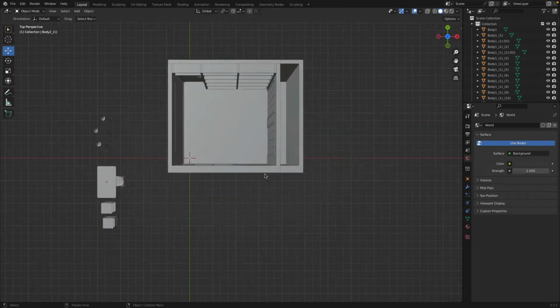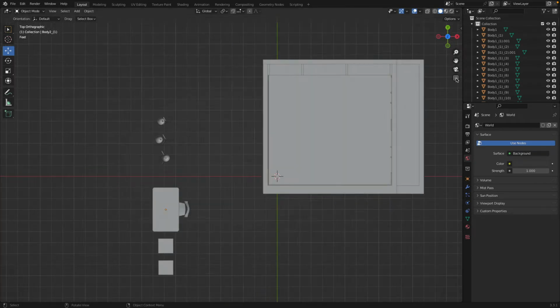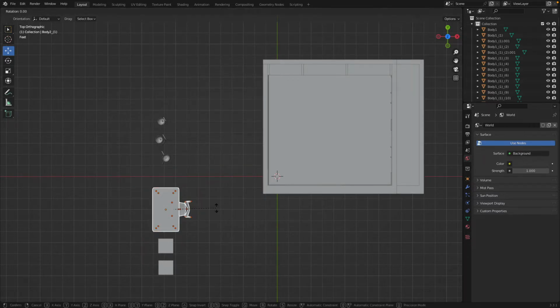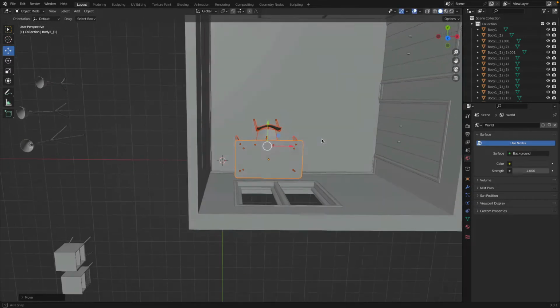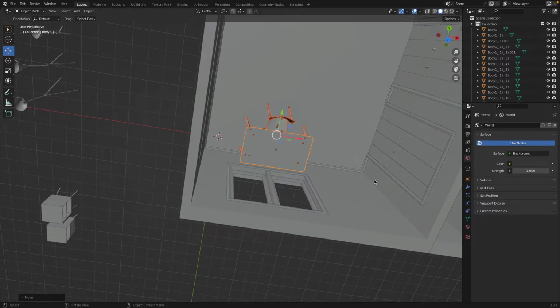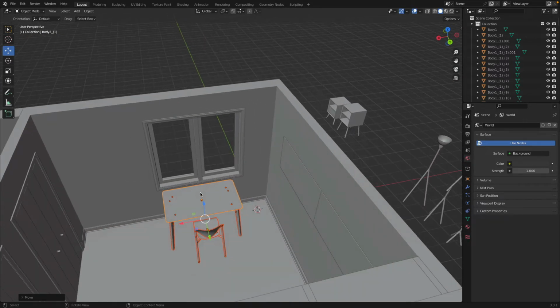That is important to be aware of because when I'm now in top view on orthographic, press B and select the table, R minus 90 degrees, and then G, bring this table in front of the window. And let's imagine there's a laptop on it and it's summer and it's a beautiful sunny day. The sun would shine directly into our face, which might be nice to get a tan, but it's not going to be nice for our eyes